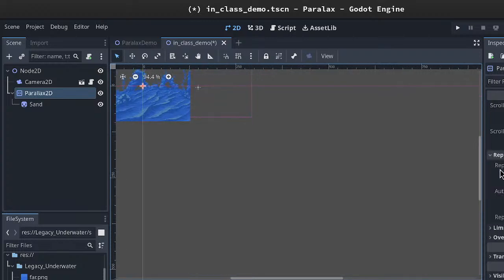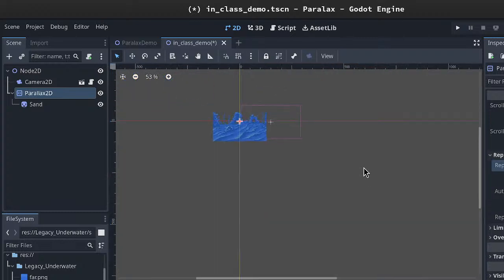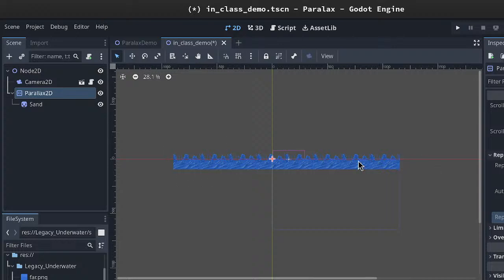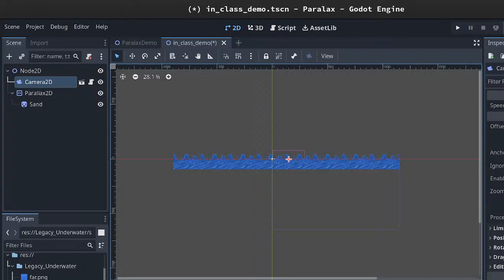But I am showing you how to repeat this image, right? So you just change the repeat size to be the width of the image. You can either do it by hand or just type it in. I know that this image is 256 pixels, so that's what I'm going to do. I'm going to change the repeat value to be like 7 or something. That's just so there's enough of them on either side so that it'll repeat nicely. And then that'll do it, right? That'll just create a